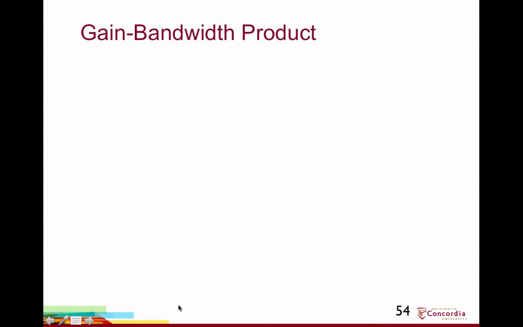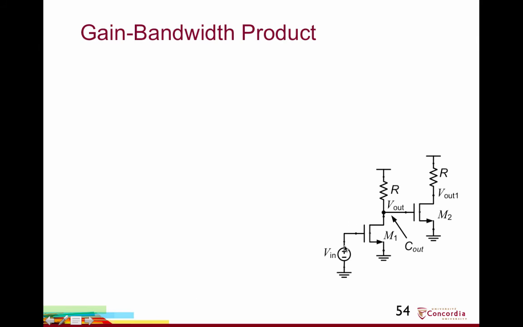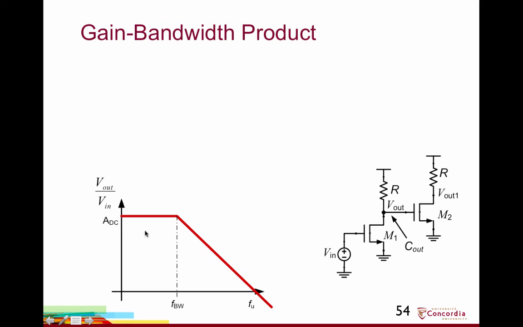Okay, let's look at the gain bandwidth product. This slide shows a common source amplifier, and for now we've just said there's some total capacitance at this node. So we expect some sort of frequency response that looks like this, where we have some low frequency gain that we've already looked at how to calculate, some sort of pole frequency here, a bandwidth, and then a 20